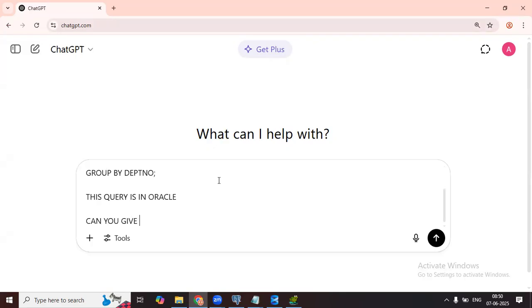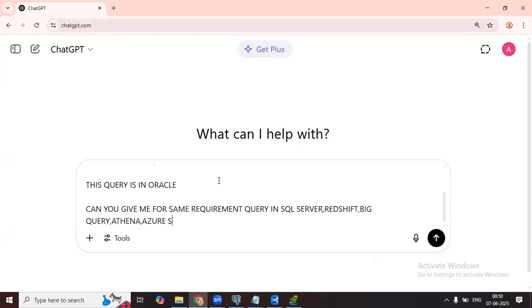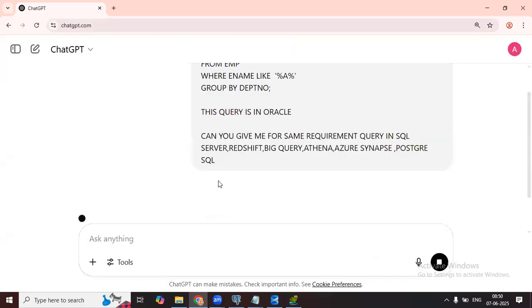Can you give me a similar query for the same requirement in SQL Server, Redshift, BigQuery, Athena, Azure Synapse, and Postgres SQL? Last one I'm telling, Postgres SQL. You just see.